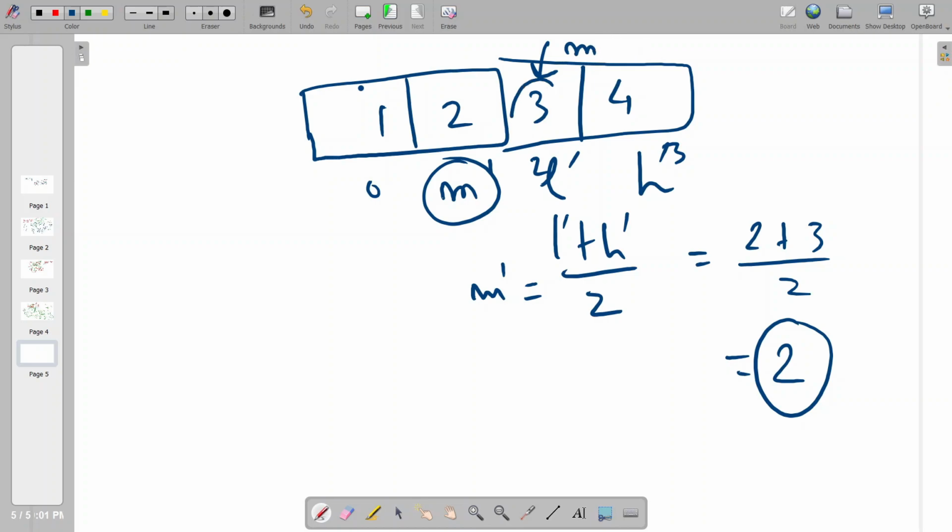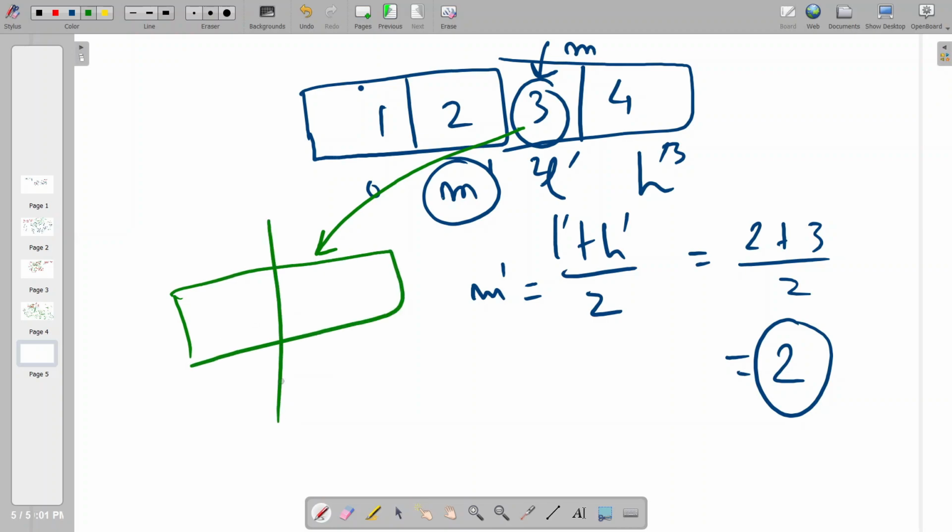Now we see that our target is matching with the current value. So we break out of the loop and we say that we have found the element, right? We have found the element. This is how binary search works. It divides your search space every time by a factor of 2. It cuts the array and says that either this half is useless or this half is useless, depending upon the intuition that we have discussed, greater than, less than.